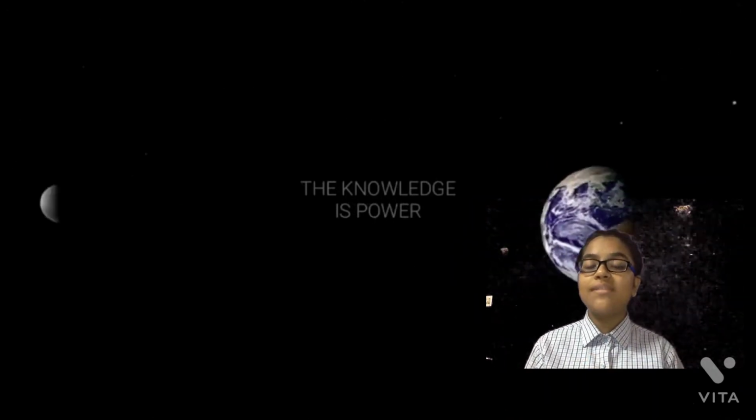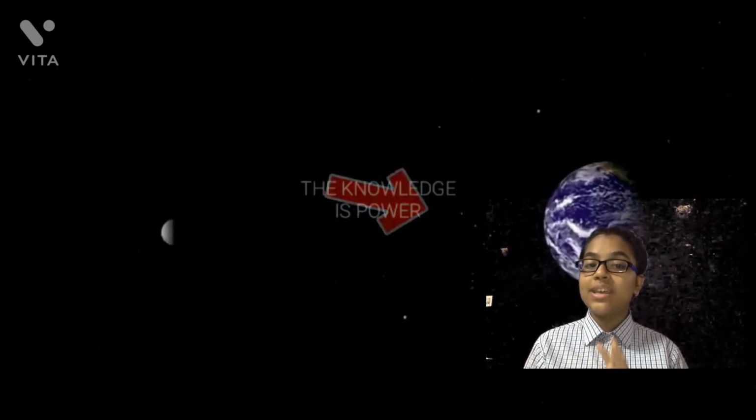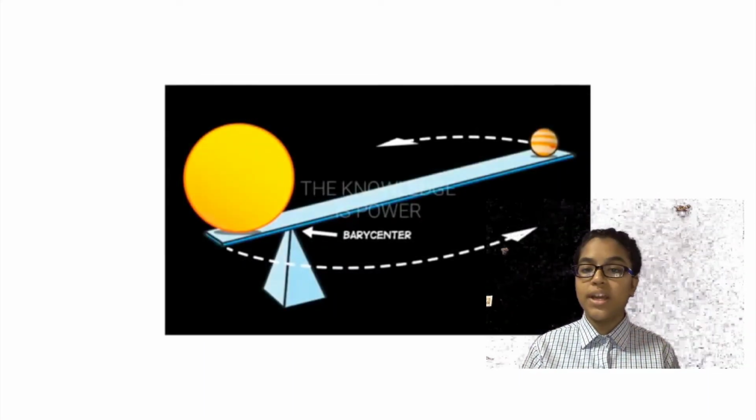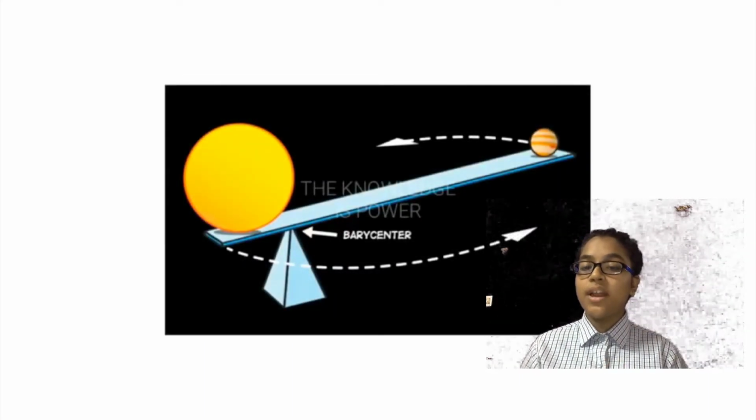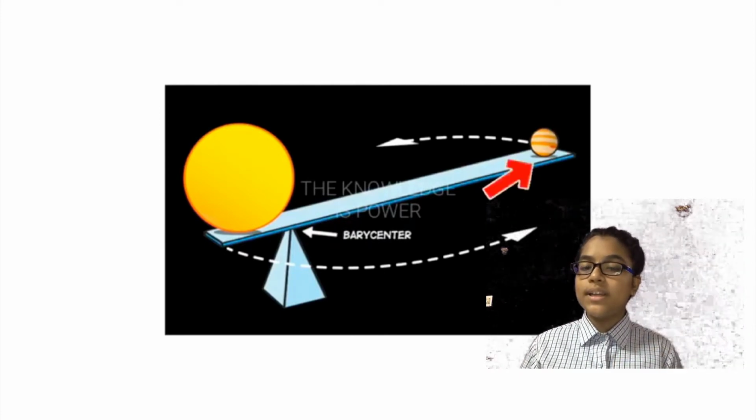Now let's move on to space objects. In space, there are two or more objects which orbit each other and also have a center of mass. The point around which the objects are orbiting is the barycenter of the objects. It is usually closer to the object with more mass, and it is far from the object which has less mass.